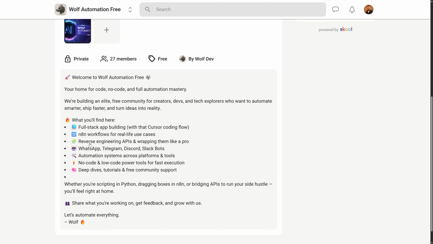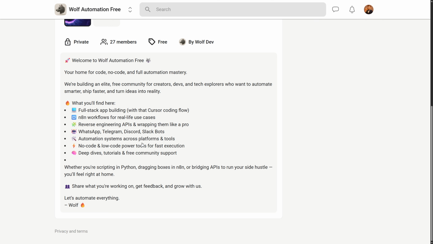I'll probably also be showing some reverse engineered APIs, like I've done with the Higgsfield one, or wrapping them up, like we've done with the GPT image gen. So if there's a service or tool that has not released an API yet, there's a high chance we can reverse engineer that or just wrap it with an automated browser behavior. Which is also cool for social media automation, for example, but also for just wrapping tools. So if you have a service you'd like to have your own backend for and they don't have an API yet, let me know. And I might just do a video about that, how we can reverse engineer that for educational purposes,